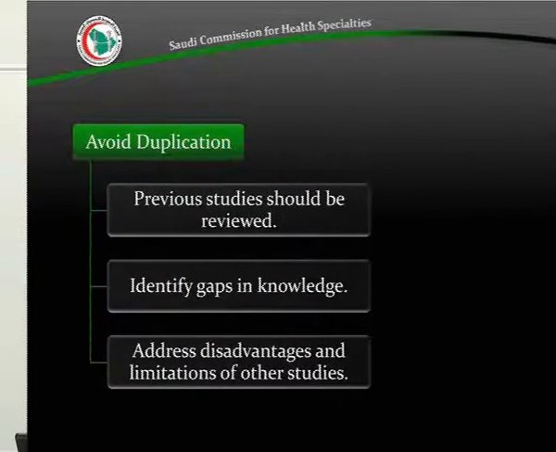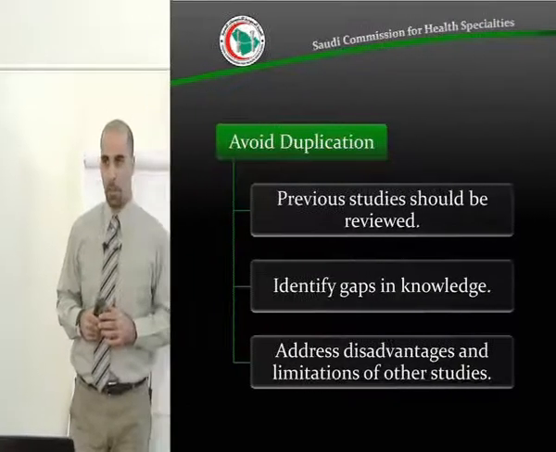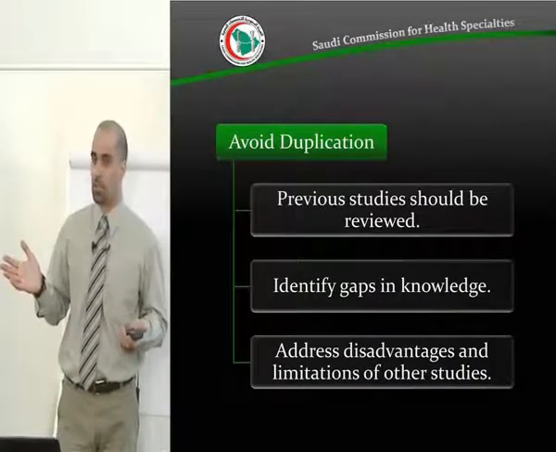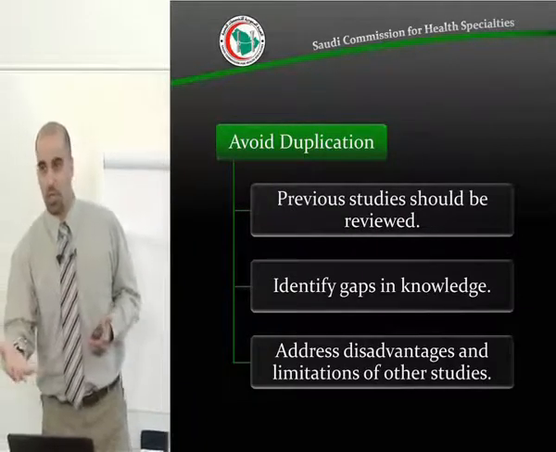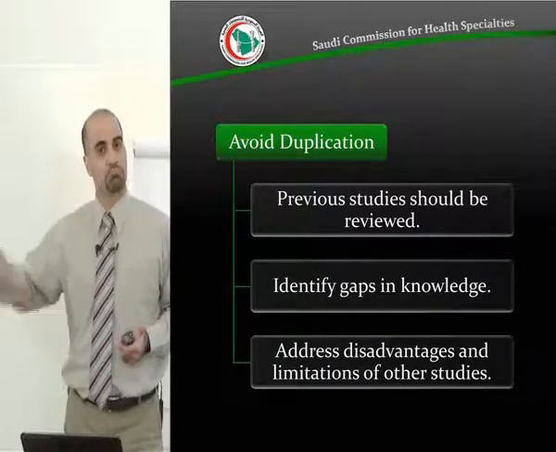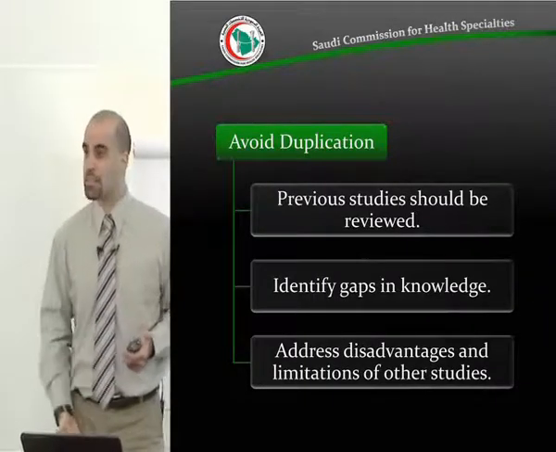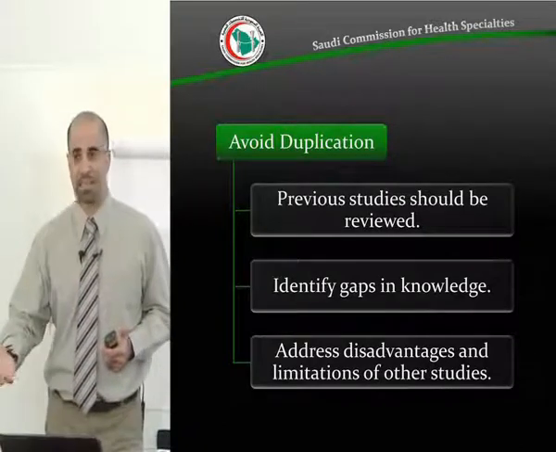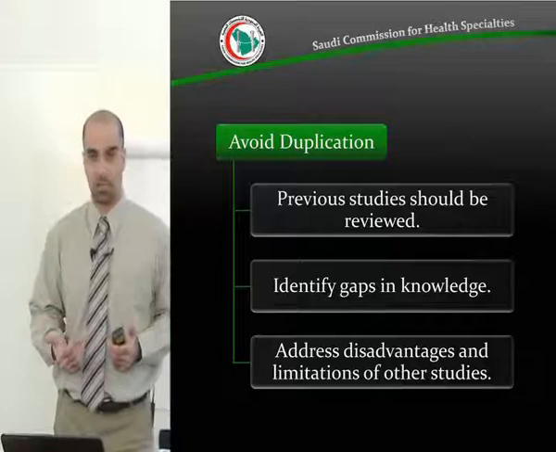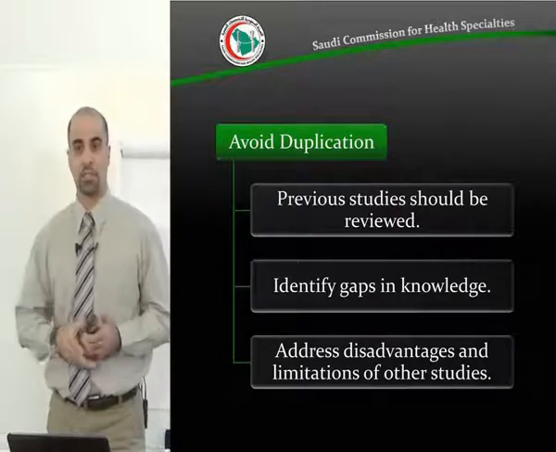So for example, you might be interested in the prevalence of hypertension in the kingdom, right? So this is a very nice research question. But at the same time, if you start a research project, you might be surprised that some other people in the kingdom have carried out exactly the same thing, and it is established what the prevalence of hypertension is. So you do not need to spend a year doing this project to come up with this prevalence, whereas you can just go to the literature and pick up a few articles and read them,